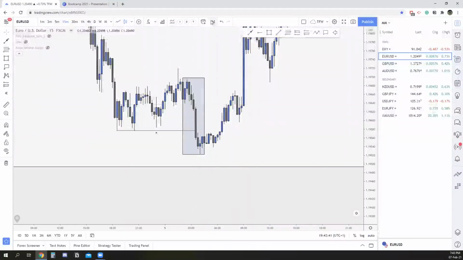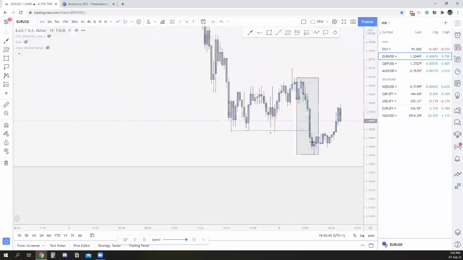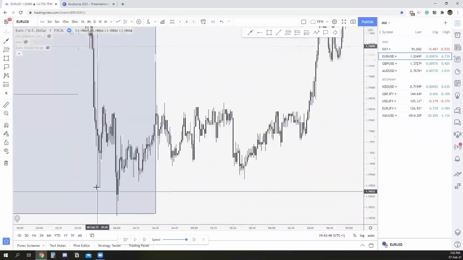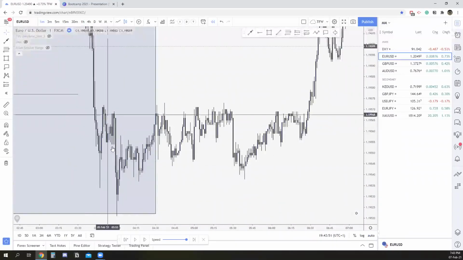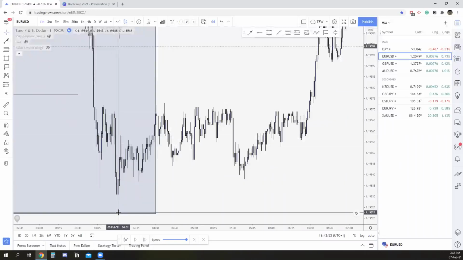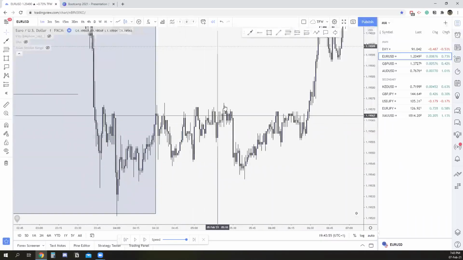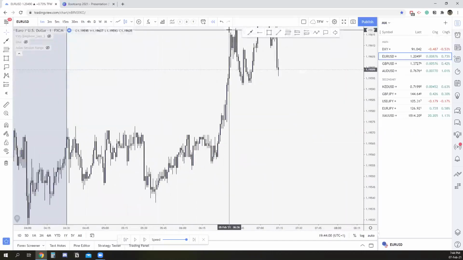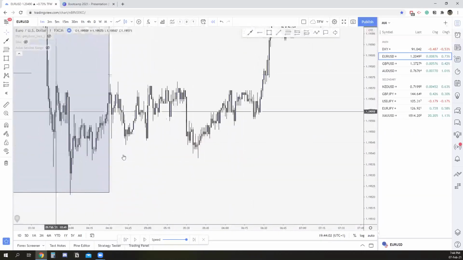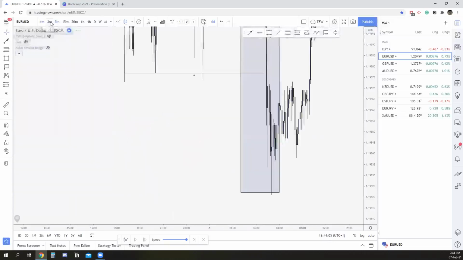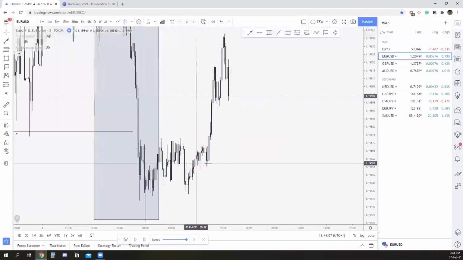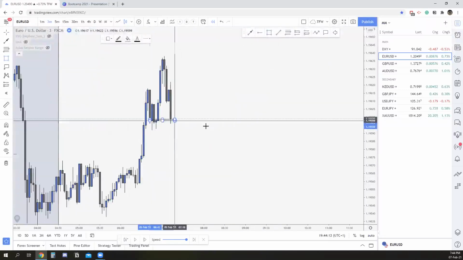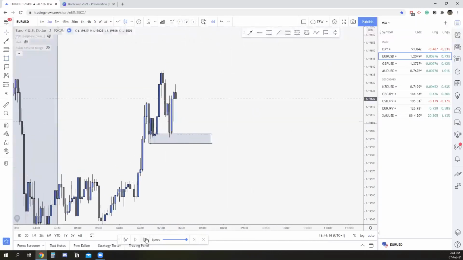So after the liquidity grab, if I drop to the 1 minute right there, see how much price action we have during that grab. And we actually have another one. Have a look: push, a little bit of accumulation, another break to the downside, another consolidation, another break to the downside, and then we break structure to the upside. But again, I don't advise going to the 1 minute to trade those things. It's much better to stay on the 5 or 3 minute, wait for the structure break, and then potentially take a trade either from here, or maybe even from here, which can be an order block as well. Let's see if it reacted.